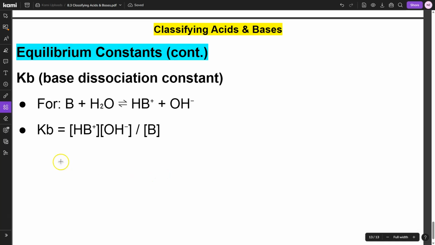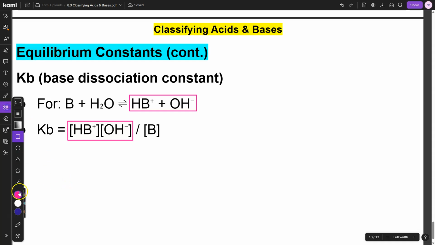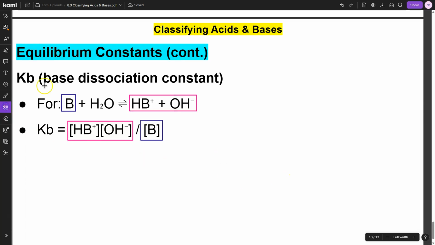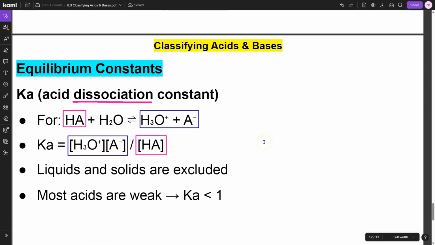Kb is our base dissociation constant, and again, here is our general format for a base dissociating. On the right-hand side, we have hydroxide and HB+, and if you look at our Kb expression, those are going to be in our numerator. Then on the left-hand side, we have our reactants, and those are going to be our base, which will be the denominator of our expression. And remember,